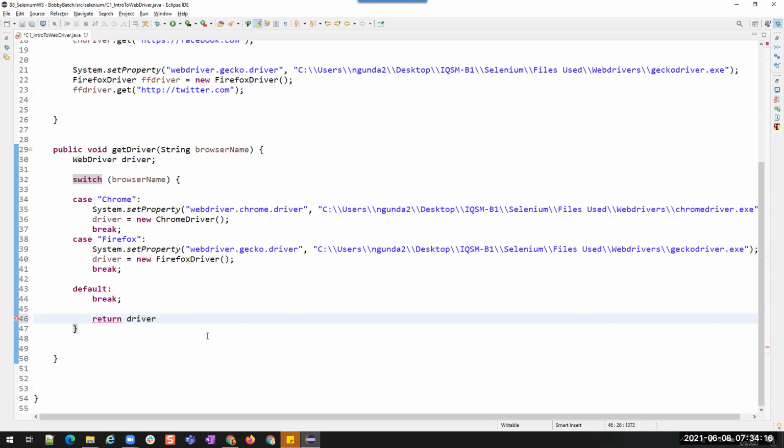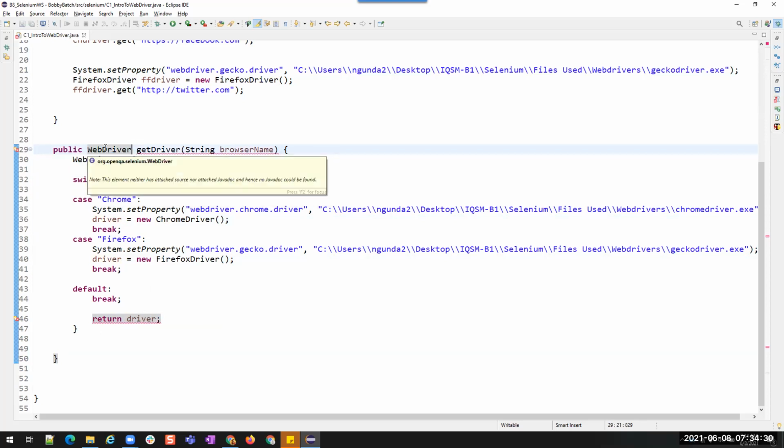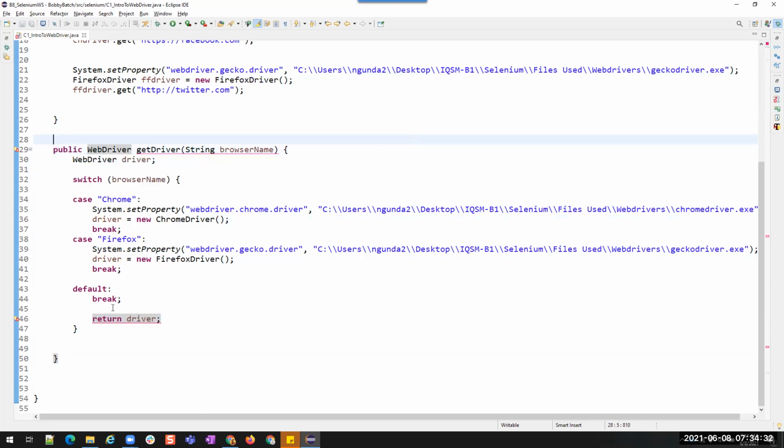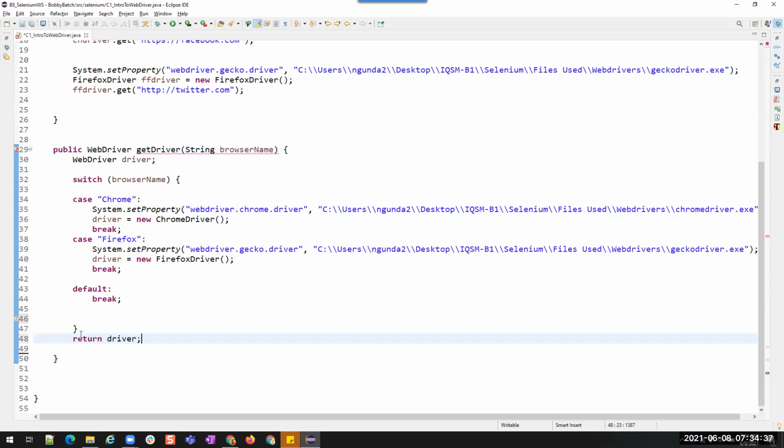Right? That's all. So since I'm returning, I have to add a type. So I'll give of type WebDriver. This driver is of type WebDriver. So I'm mentioning here WebDriver. Okay, it is written inside the same.